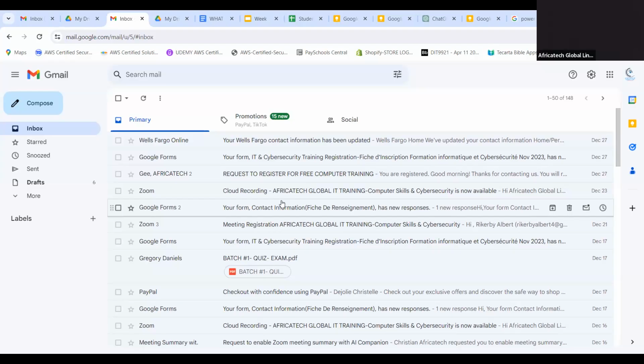Recent, you can see your recent stuff. Starred is stuff that you marked. Spam, we don't usually use that. And Storage, you see that they give you 15, but you use 2.